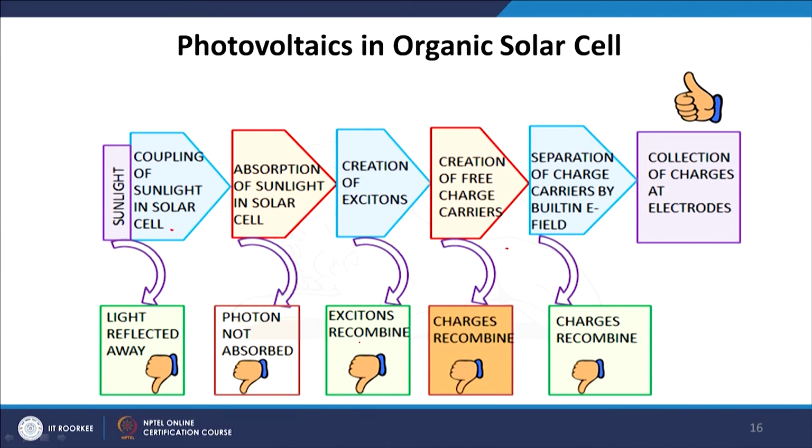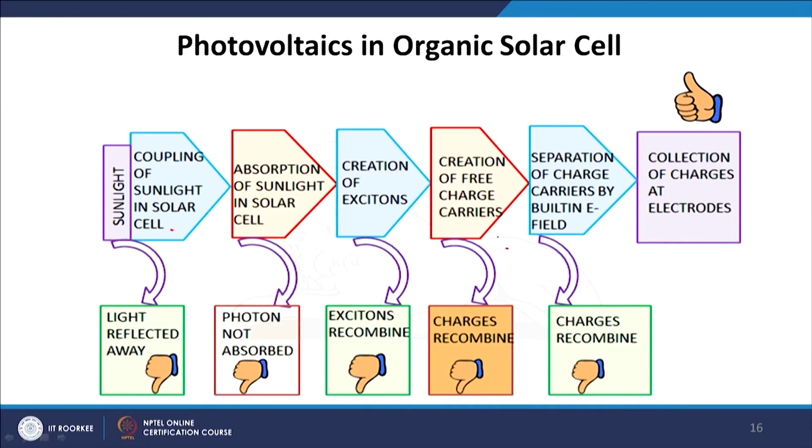Now, if the creation of excitons is not good, then excitons will be recombined. So, the recombination is usually a band to band recombination. We have to develop the material in such a way that there is no discontinuity, no defect or trap states, so that we can minimize the recombination. The creation of free charge carriers has to be very good, otherwise the charge will again be recombined. Separation of the charge carriers by the built-in electric field has to be very good, otherwise again there will be charge carrier recombination. So, all of these recombinations have to be optimized by morphology optimization, and only then will we get better photophysics. And finally, the collection of the charge carriers at the electrodes comes from the metal electrode deposition.